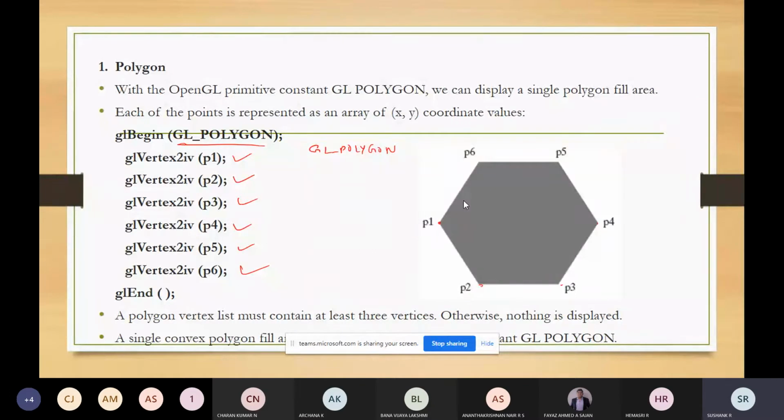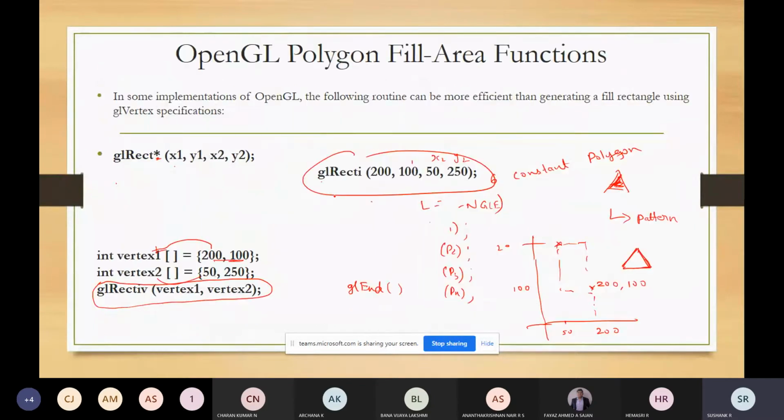So you have drawn the polygon. Now P1 means some coordinate position. Each of the points will have some coordinate value. P1 will have some x comma y value, P2 will have some x comma y value, P3 will have some x comma y value. They are represented in an array format, just like the previous example.